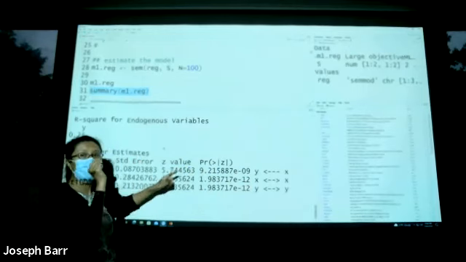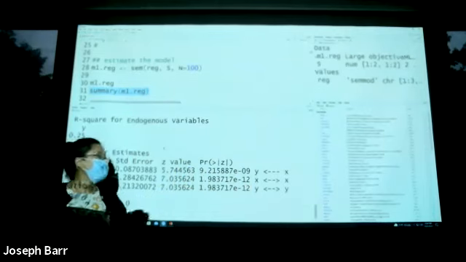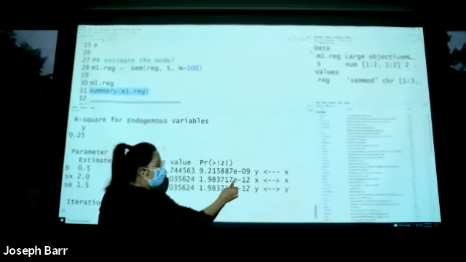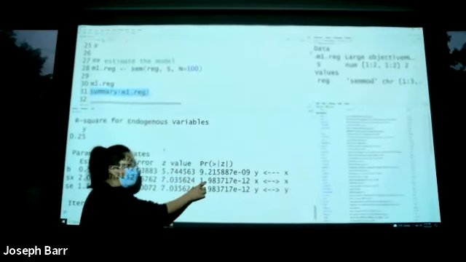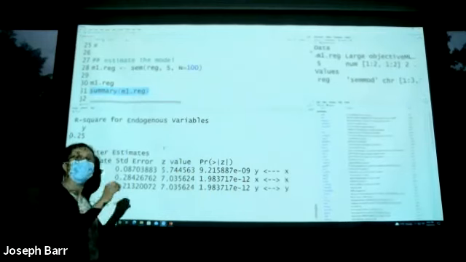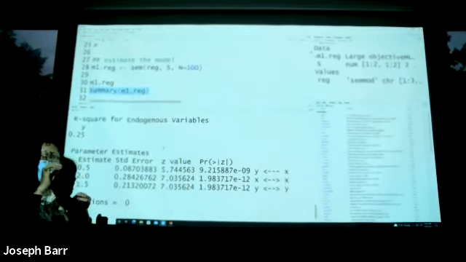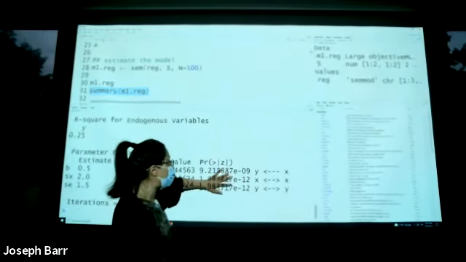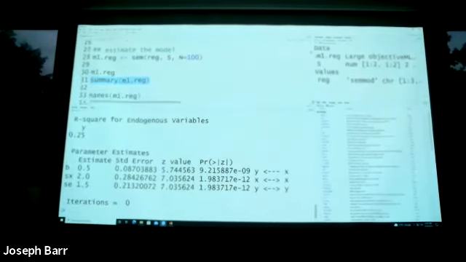That means the number is really small, 0.000000009. So this is almost 0. And the same thing here, E to the -12, so you have to move the decimal point 12 positions to get the true p-value. So it's really, really tiny. Same thing here. It's almost 0. So the p-value is almost 0. That's a summary of the estimate.